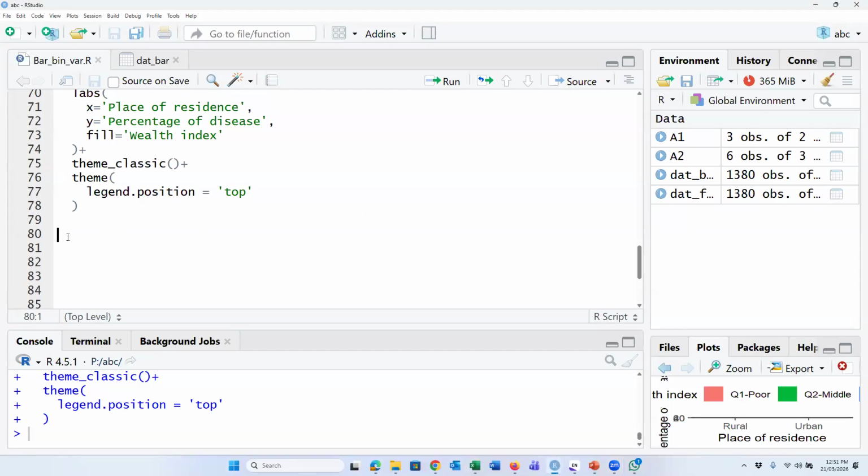Till now, we have discussed one binary variable. Now, we will discuss multiple binary variables. So we can create a data set, for example, B1, data bar, select.